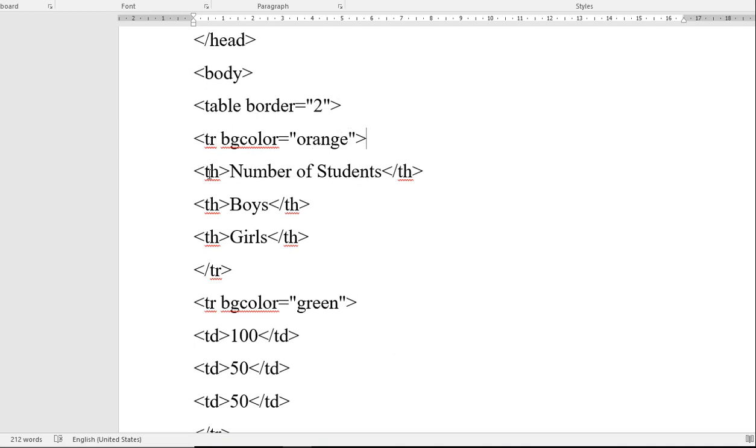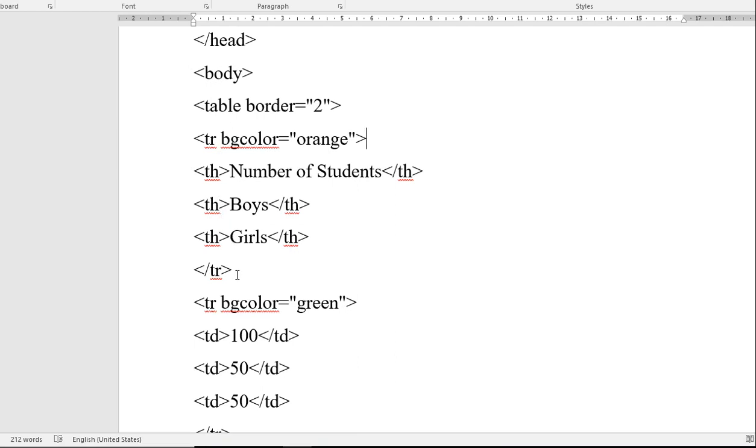There are 3 different columns. First TH, that is table heading, for number of students, then /th, the second column for boys and the third for girls. In this way we have created the 3 columns by using the th tag.